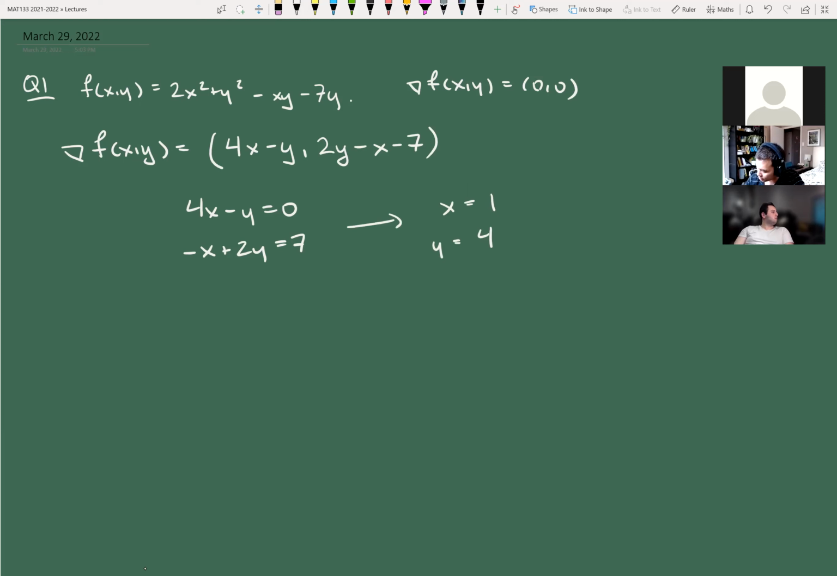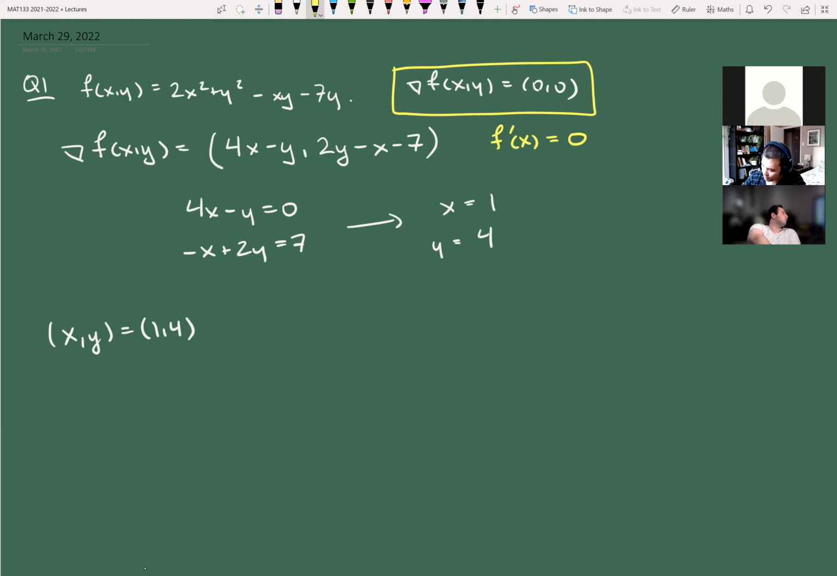Okay, so that gives us (x, y) equal to (1, 4), and that's our critical point. Okay, why did I write equal to (0, 0)? So this is the definition of a critical point, right? So remember,